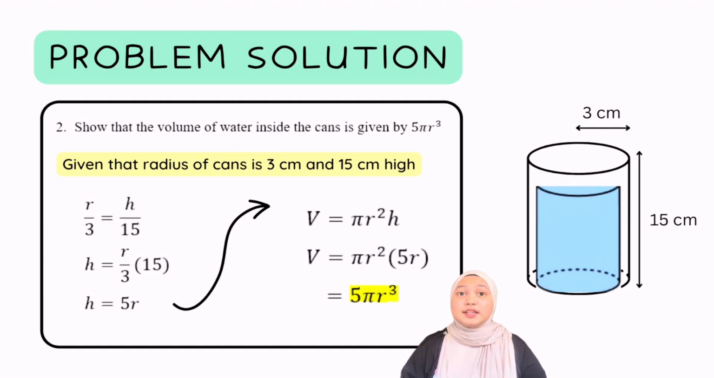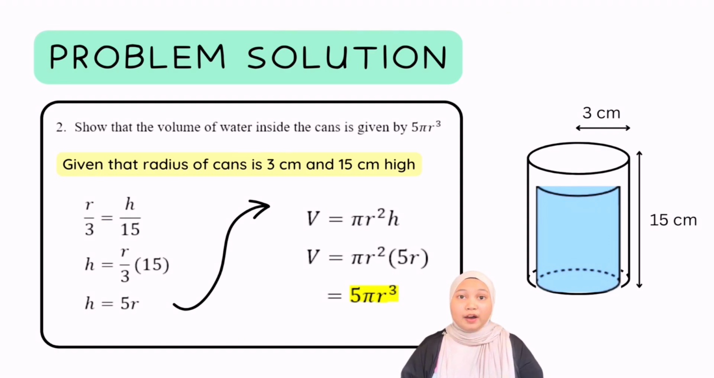Given that the radius of the can is 3 cm and the height of the can is 15 cm, the can is a cylinder, so the volume of the can is pi r squared h. First of all, we have to find h, so we will set r over 3 equal to h over 15. We will get h equal to r over 3 times 15,